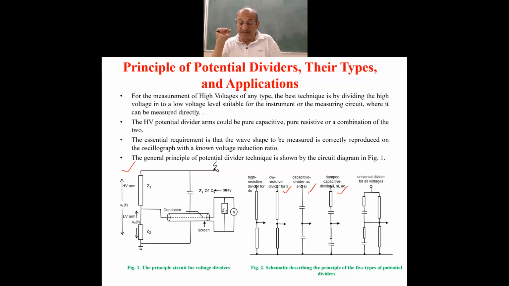And a universal divider for all voltages you can have. This is also a circuitry of damped capacitor, a capacitive divider. This is a combination of capacitors and resistors. The last one, universal divider, can be used for all types of voltages. So different voltage dividers with different division ratios between Z1 and Z2 are being used these days